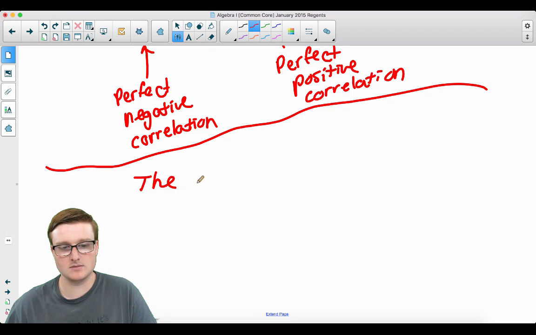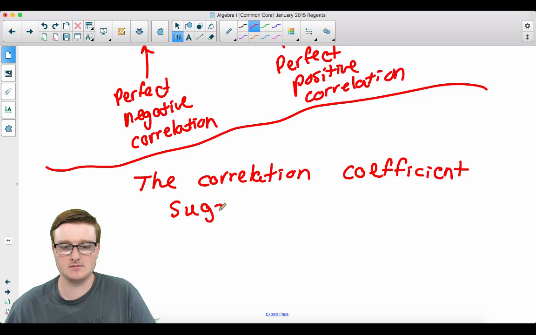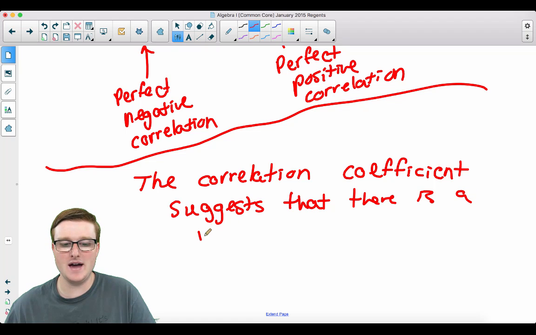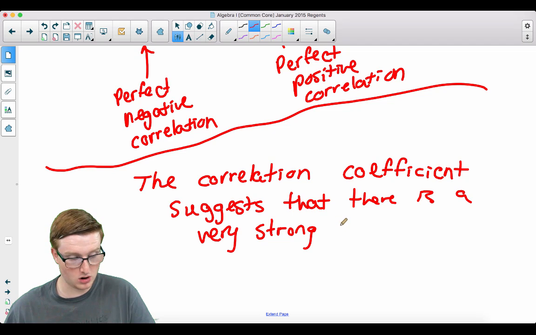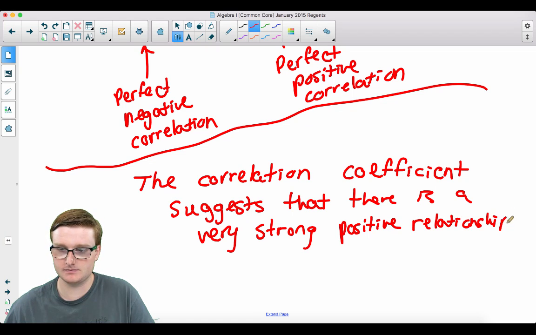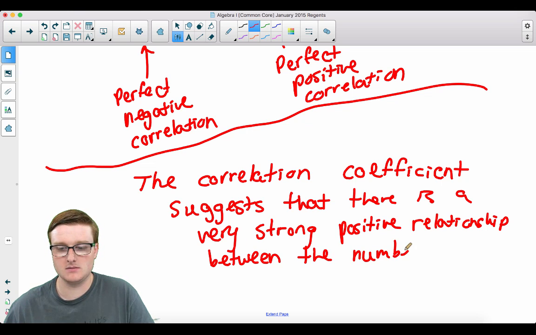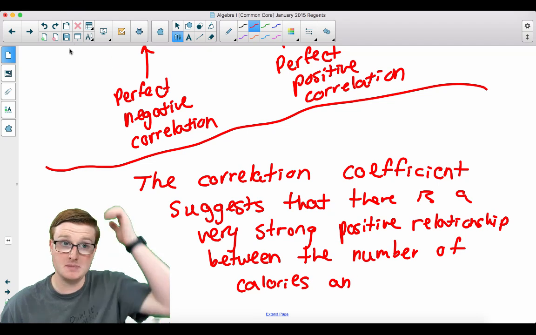I am going to write the correlation coefficient suggests that there is a very strong, because it is pretty darn close to 1. It is a very strong positive relationship, because it is a positive number. It's 0.94, so it's a positive slope. Positive relationship between the number of calories per beef hot dog